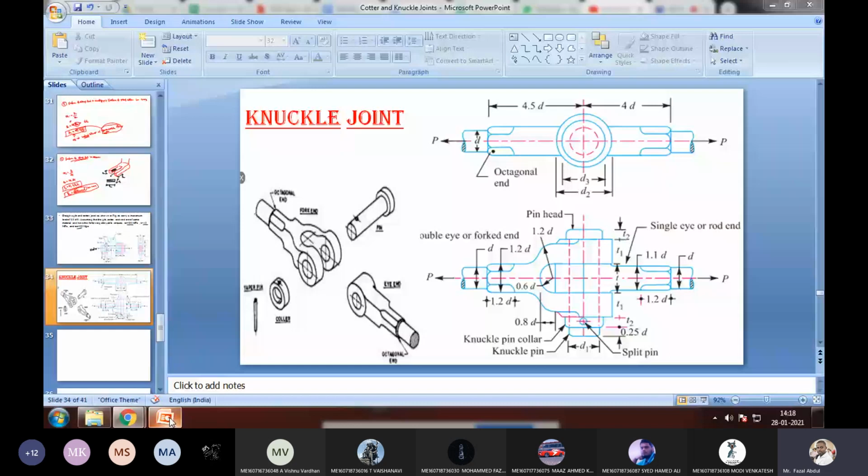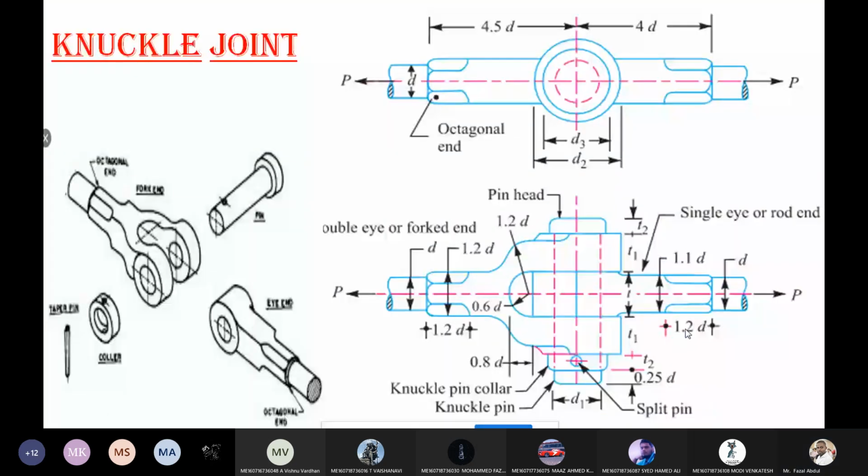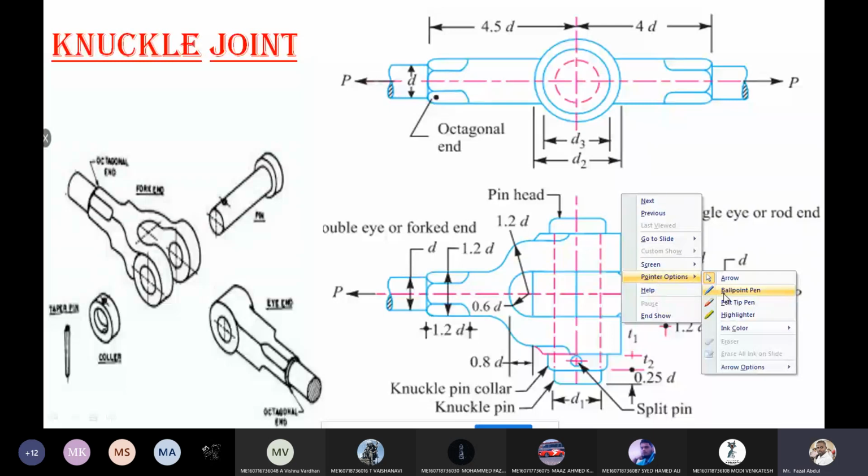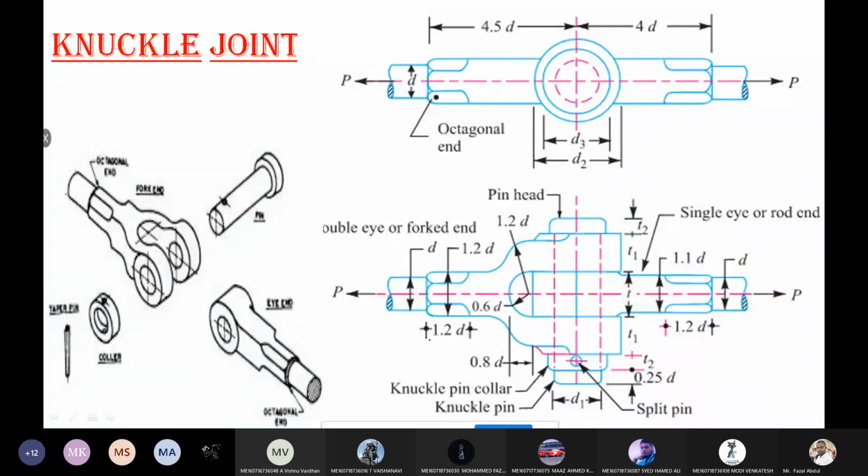Now see here. So, the knuckle joint. If you observe, in the fourth unit, the first topic, design of joints, we are discussing this. In that, this is the last topic, the knuckle joint. Actually, I forgot it on that day. Now, this type of joint is used to connect two angularly misaligned shafts.